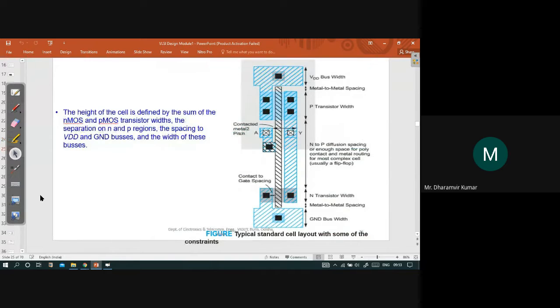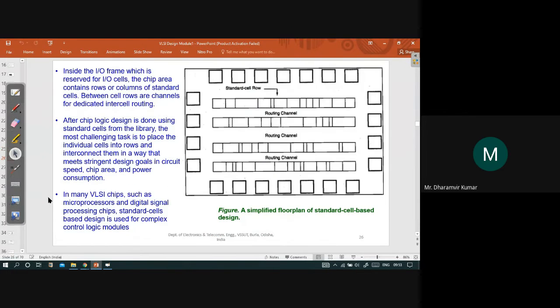Okay, then this illustrates just one example of a layout of a simple inverter. It will become more evident in the coming classes. And then we pick up the components and we arrange them in horizontal rows like this, and the space between these rows is used for interconnections or the wires. Okay, and on the periphery we have the different IO pins sitting down here.